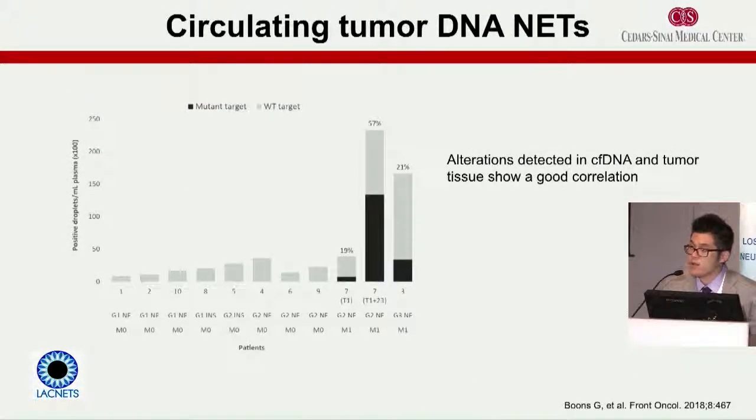And then another concept I wanted to end with was that these were all in tumor tissues. You might hear of the concept of a liquid biopsy. And what this is, it's no longer profiling genes based on tumor tissue, but actually in the blood of patients, because you often have circulating tumor DNA that could be detected. And it's been established in other tumor types. In neuroendocrine tumors, this was one of the